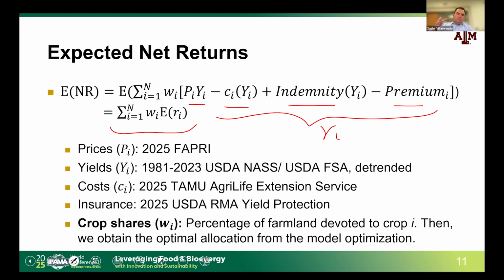And we have to sum all these values to get the expected return of the whole portfolio, okay? These W's we can give an arbitrary value at the beginning, and then we run the model and we are going to obtain the optimal values, okay? The optimal values are going to tell us how much of each crop I must grow in my area, okay? So